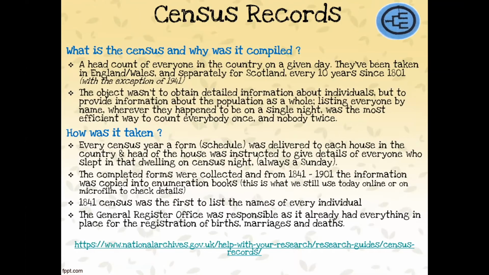And that's where I want to continue on, census reports. I don't know in every country whether they do them, but I know certainly in this country, and you may actually have heard about them, because in 2021, we had a census not that long ago. A census is a head count of everybody in a country on a given day.